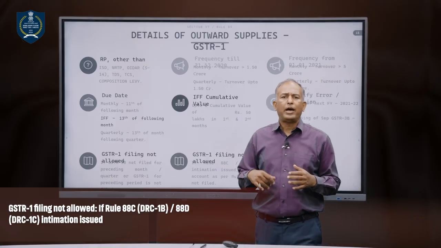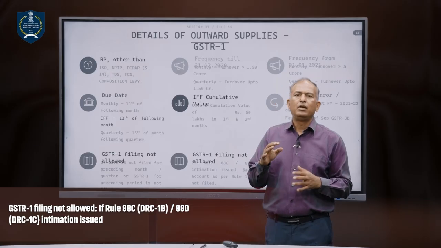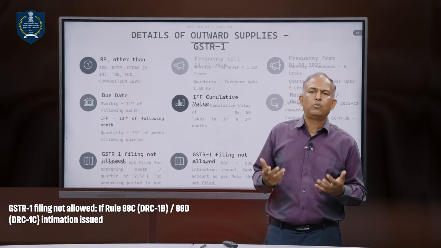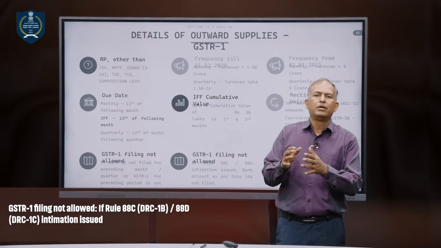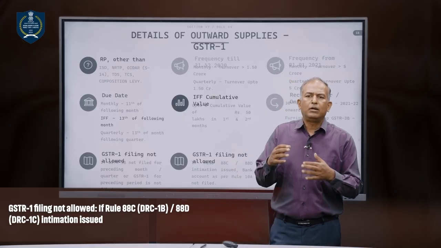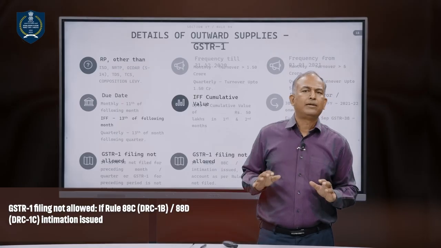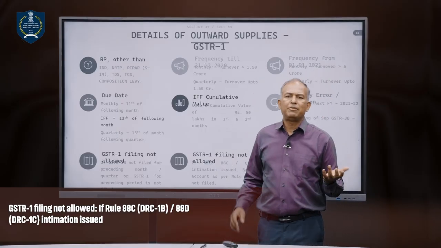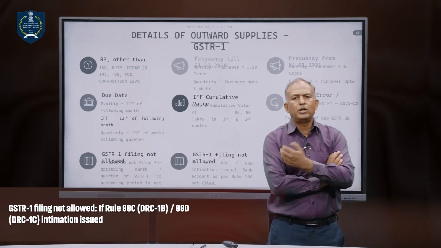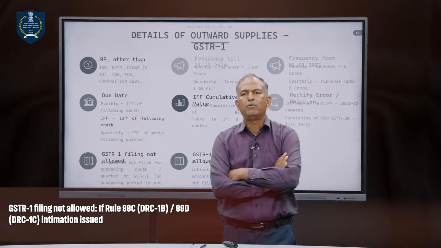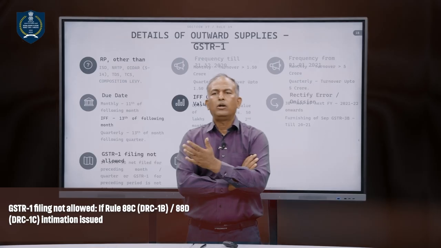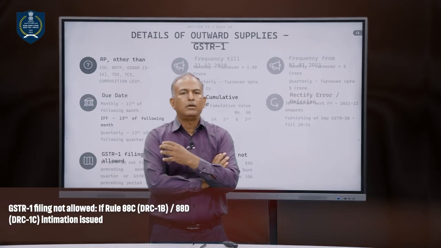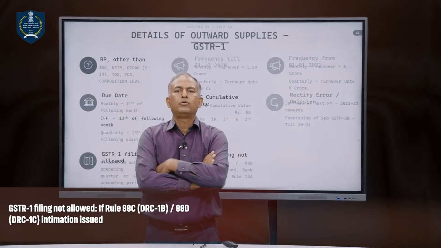Or if he feels that the mismatch is actually correct, that the difference shown or highlighted in DRC-1C is because he has taken excess credit or whatever it is, and he pays it back, then that particular DRC-1C is settled. Now, in case the taxpayer does not respond within 7 working days, does not give a reply to the DRC-1C, or does not pay the difference shown in the DRC-1C statement, the system will not allow the taxpayer to file